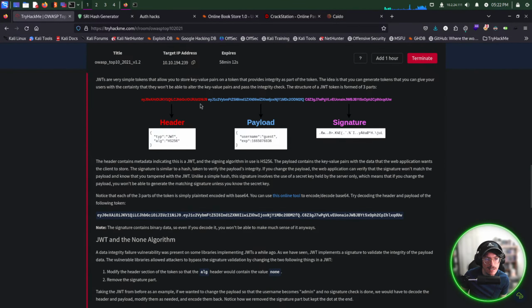So we have the header, we have the payload in the middle, and we have the signature. The header contains metadata indicating this is a JWT, and the signing algorithm in use is HS256, and we can see that here. The payload contains the key value pairs with the data that the web application wants the client to store. The signature is similar to a hash. So going back to the payload, we have username is guest, and then the expiration